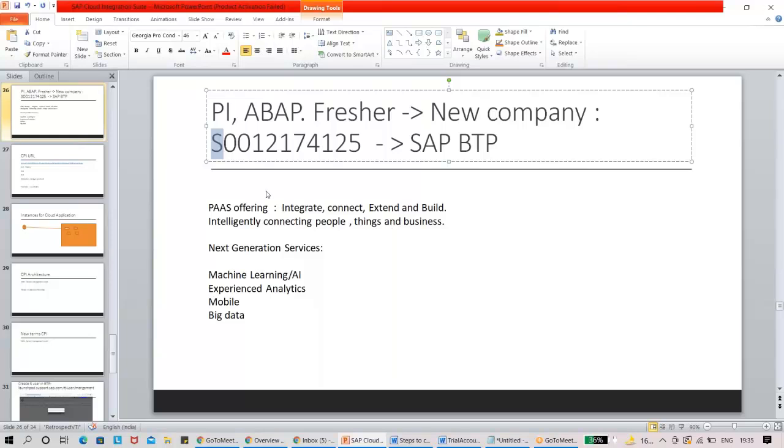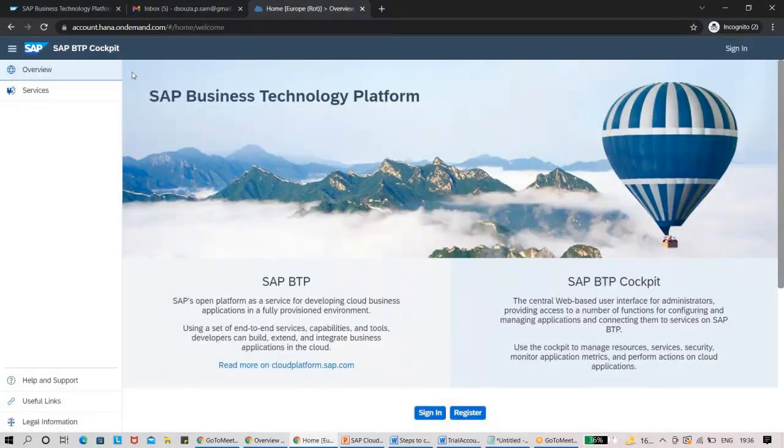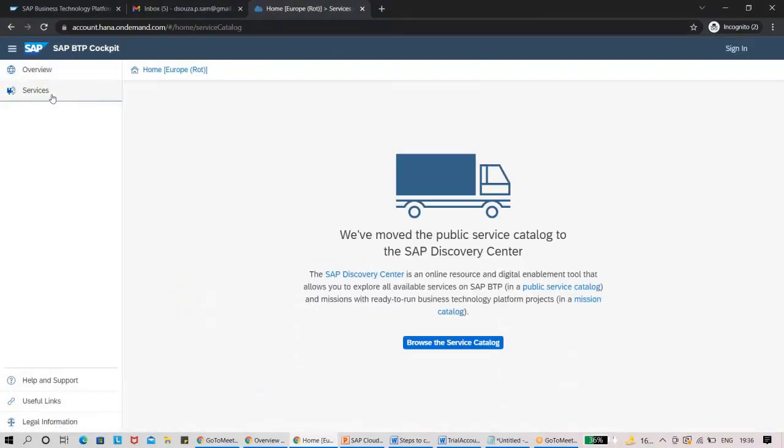Then we started looking at how to actually get to this particular portal. To start with the Business Technology Platform, as this is an on-demand platform, there has to be some kind of URL, which is account.hana.ondemand.com. The second thing we started exploring was the services: what are the different kinds of services available in this Business Technology Platform? Here, once we click on the service catalog,